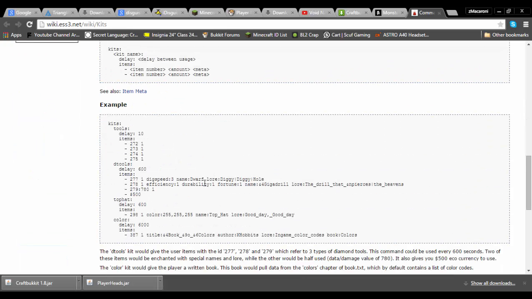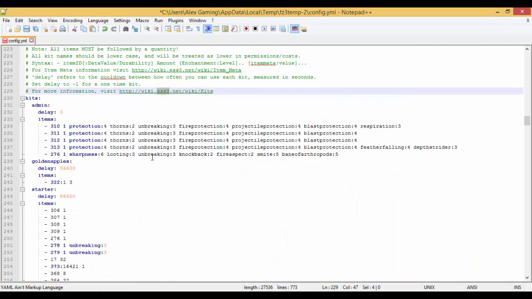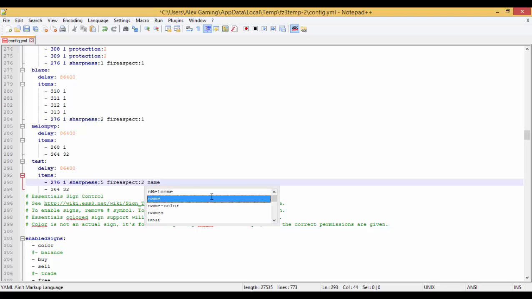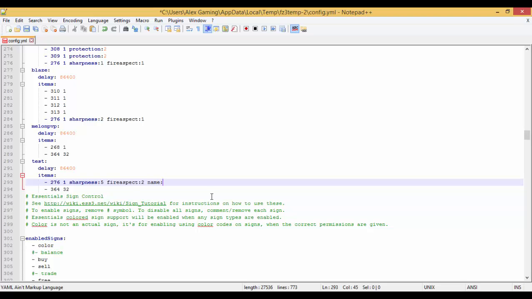Yeah, okay, it was the same. So you can name it anything you want, and then put the lore. So let's just say I want this to be called, name is gonna be the Giga Sword,